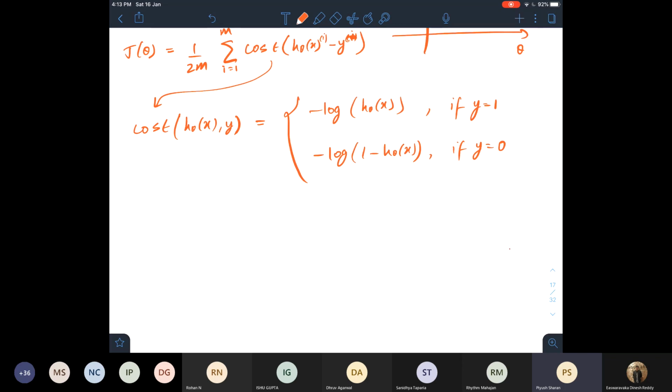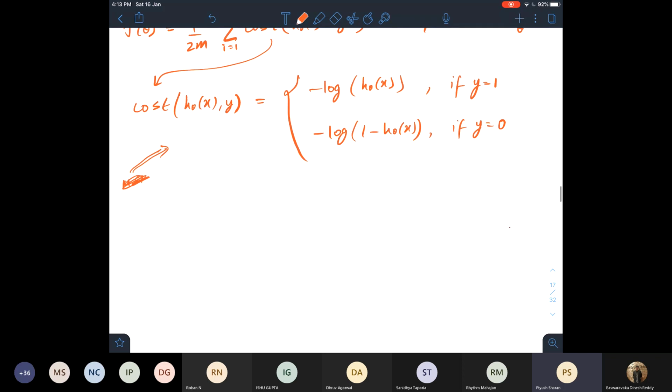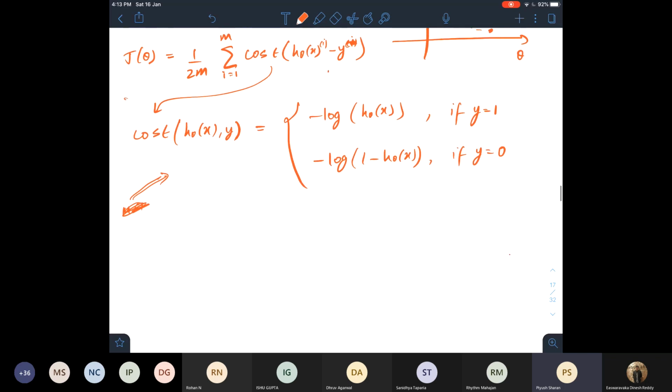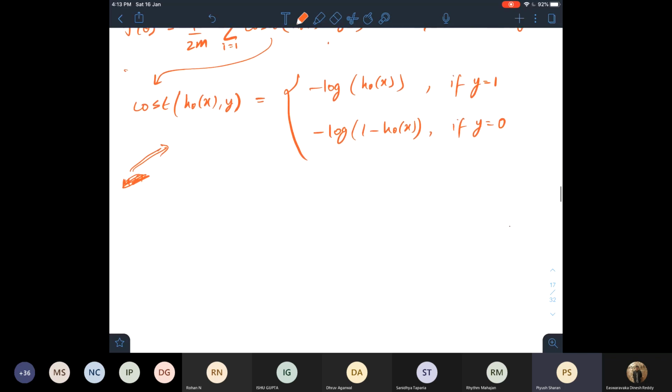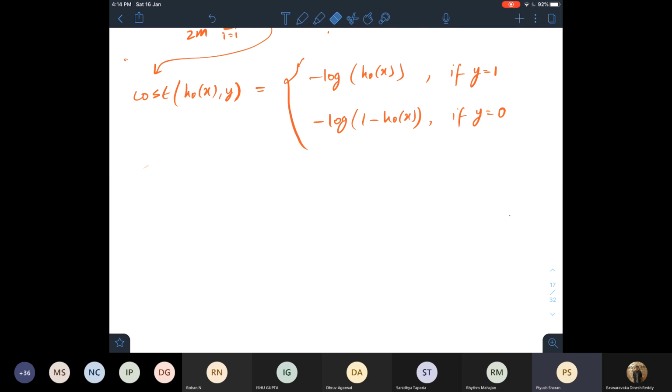If you have gone through the course of probability and statistics, you can get this very easily using the maximum likelihood estimation. This exact thing comes from maximum likelihood estimation. You just put the log on both sides and then differentiate it. But for now we'll ignore that, and I will give you an intuition of why this loss actually works.